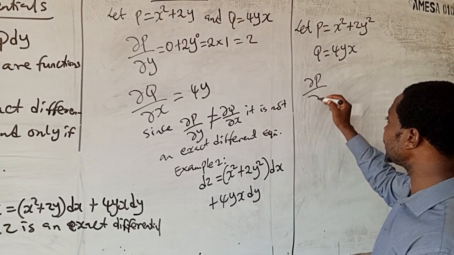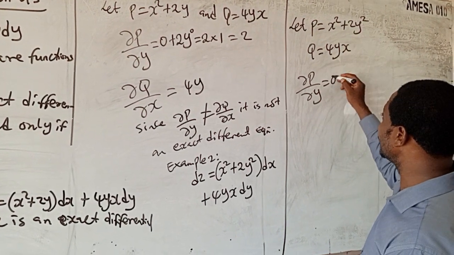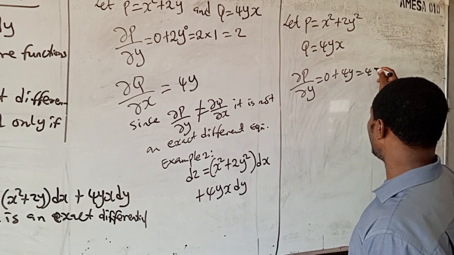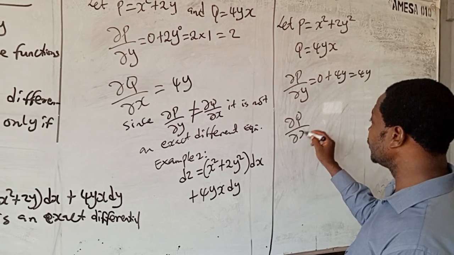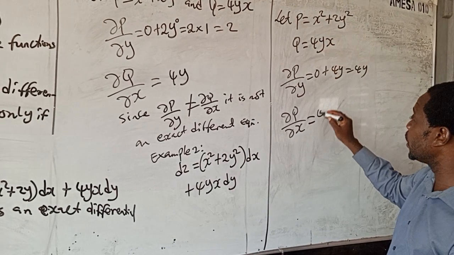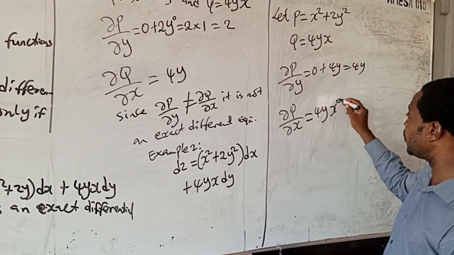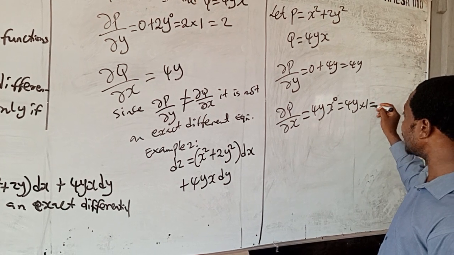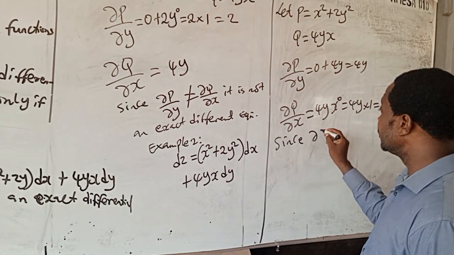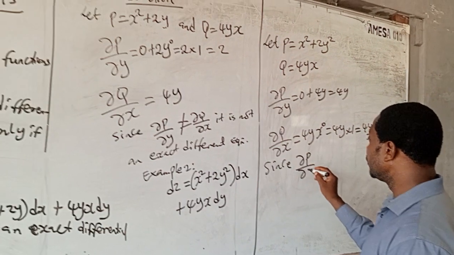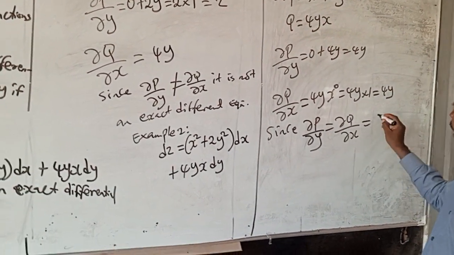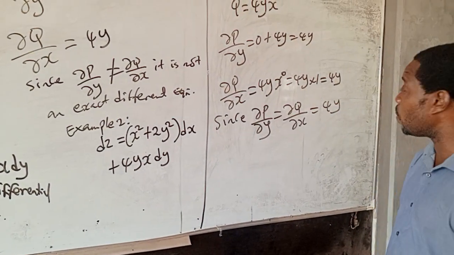So you differentiate p partially with respect to y. x squared will give you 0, and 2y squared will give you 4y. You also differentiate q partially with respect to x. Now there is x, so the power here is 1, so 1 times 4y will give you 4y, and x to the power 1 minus 1 is x to the power 0, which will give you 4y times 1, which is 4y. So you conclude that since p partially with respect to y is equal to q partially with respect to x, which is 4y, it is